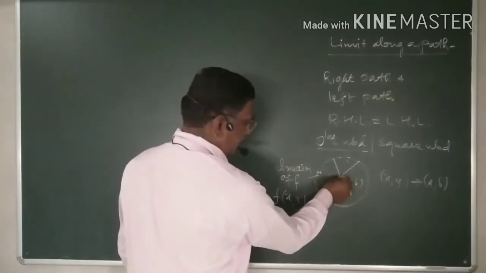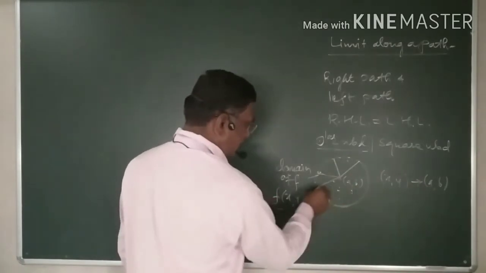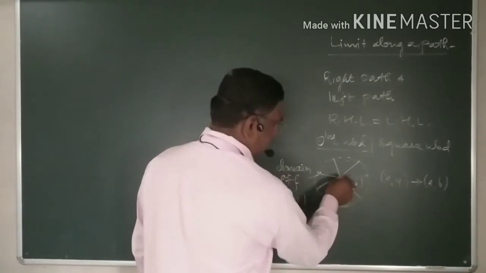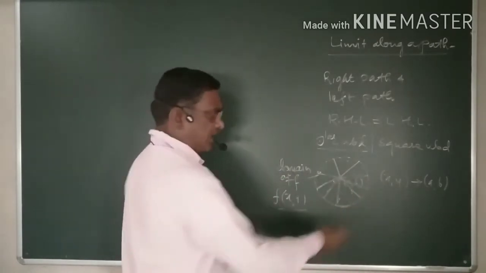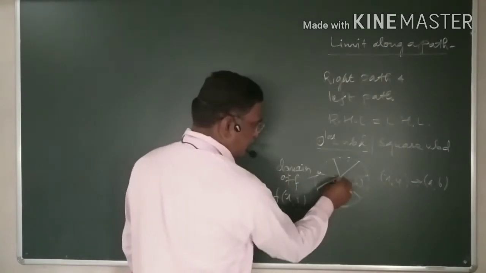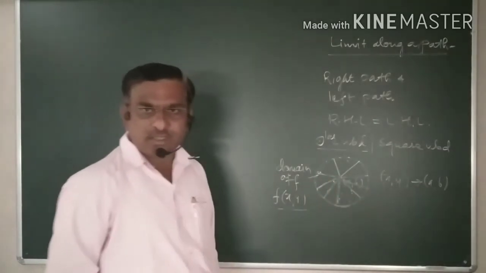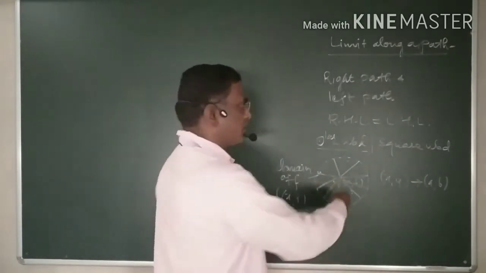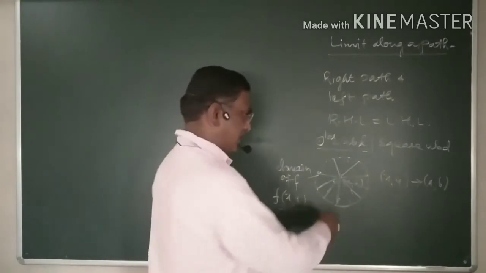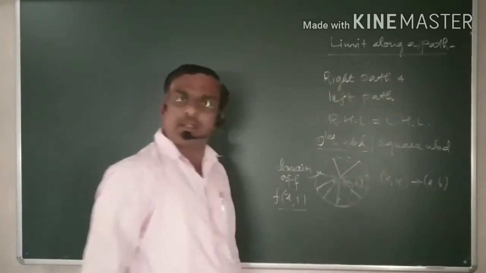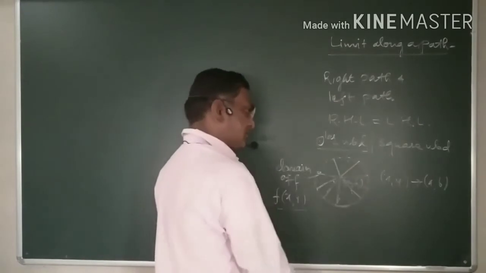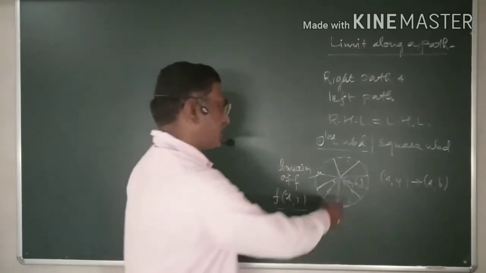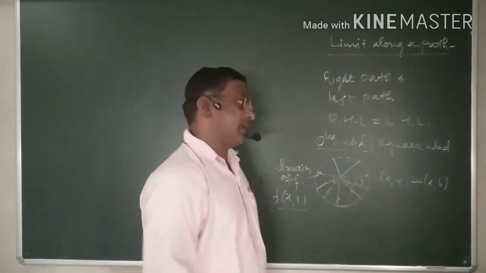All these are the directions from which the point (x, y) can come to the point (a, b), and therefore there are different directions, more than one or two, and all these directions we call paths. Another thing is that these paths may be straight lines or any type of curve,